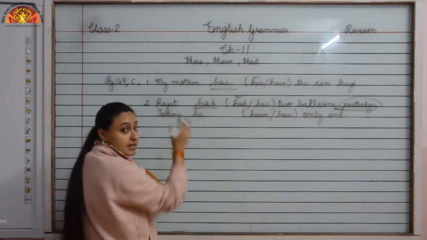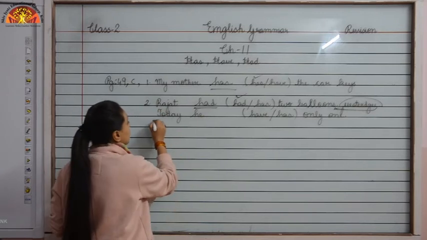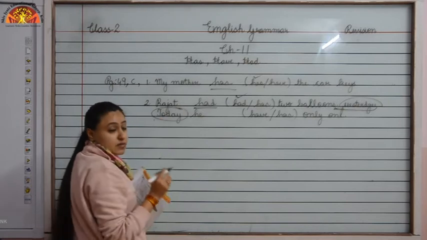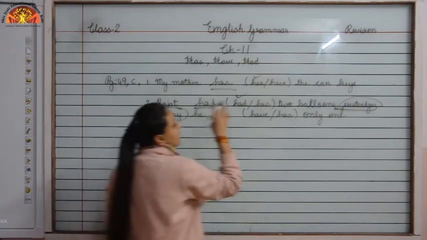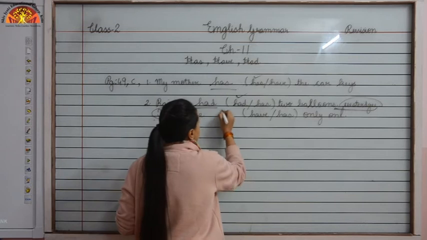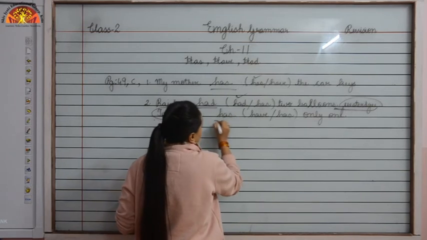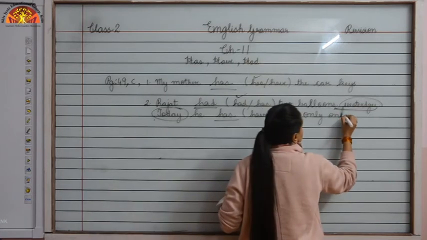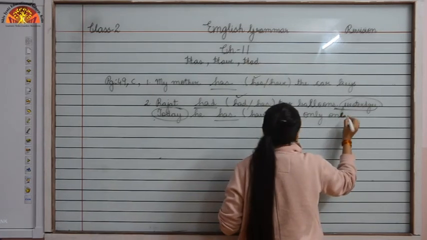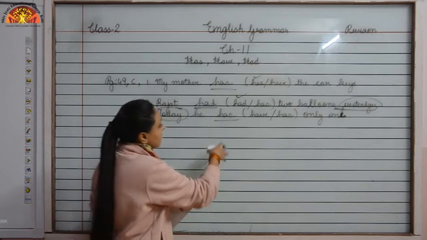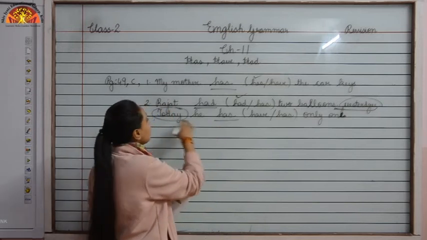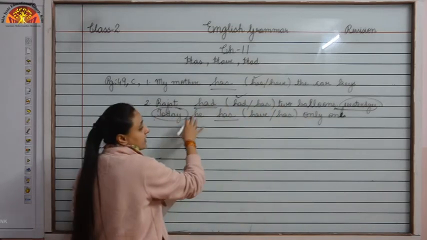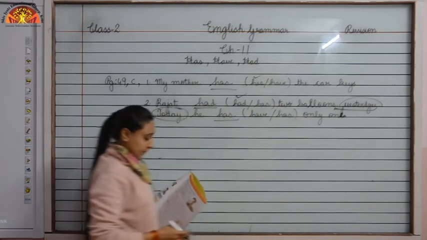Now children, in the next sentence we are talking about present tense, okay. Look over here, today is given to you. Today he has only one, okay. So children, here we are talking about one boy, Rajat. So we will write has over here, okay. Rajat had 2 balloons yesterday, today he has only one, okay.